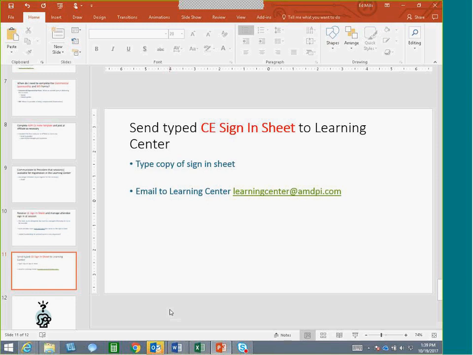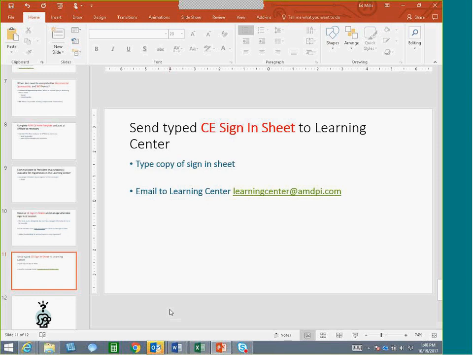The change that I was referring to just a few minutes ago that I think we're likely to make sooner rather than later is this: the CE takes place, you have people sign in on the sheet. Instead of us getting the sign-in sheet and us closing the roster in the learning management system, we are certainly considering empowering you as the CE coordinator to use the sign-in sheet to close the roster in the learning management system yourself. We will need to provide you with more training on how to actually do that, which we will do if we decide to do that.